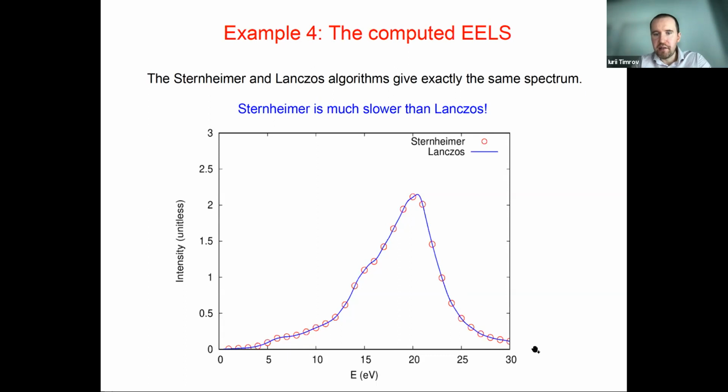You can expand to 100 TeV or as large as you want at no cost. Just keep in mind that if you go high in energy, you start touching excitations from the core levels. So if you want to have also excitations from the core levels, you need to make sure that your pseudopotential